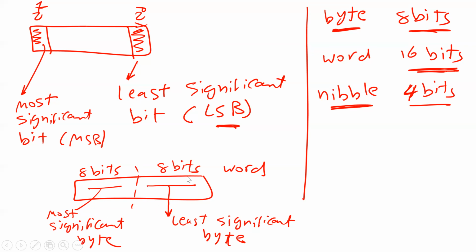The first byte here, I'm going to call it the least significant byte. The second byte here, I'm going to call it the most significant byte. Also the same idea, because this one comes first, the weights are least significant, and the other one, the weights are most significant. So from now on, if you have a word, and I tell you the most significant byte or the least significant byte, you should understand what I say. Is that okay? Any questions? Okay, easy, right?